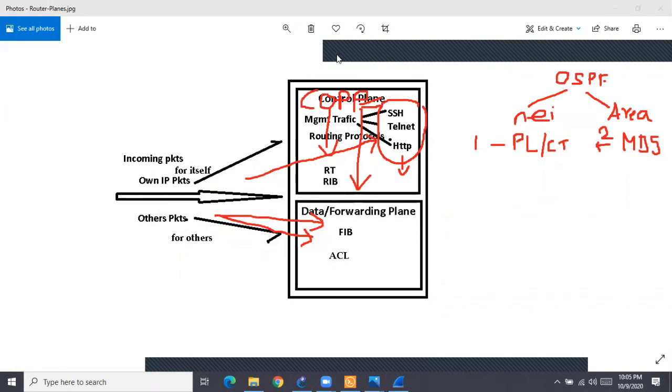Clear? So this is called control plane policing, or control plane security. Routing protocols traffic you want to secure, your remote access traffic you want to secure. You want to define which remote traffic can be permitted and which should not be permitted, like that.